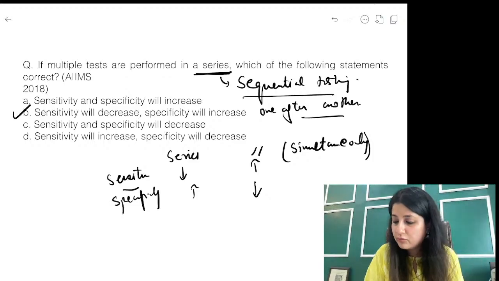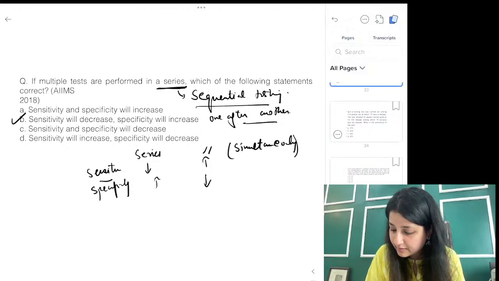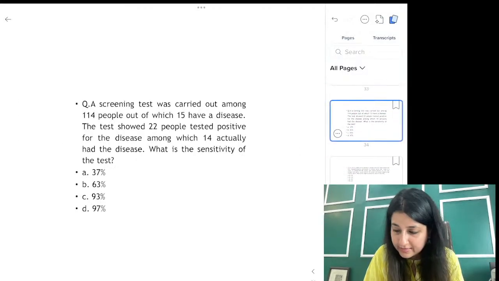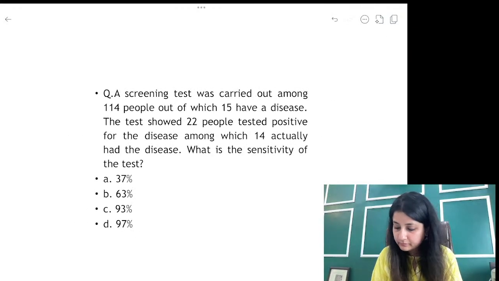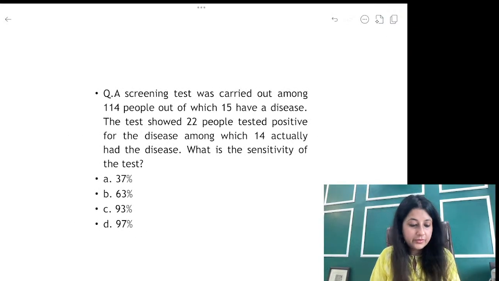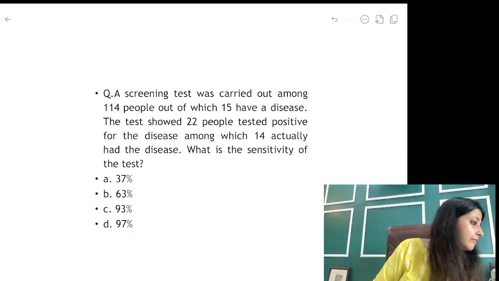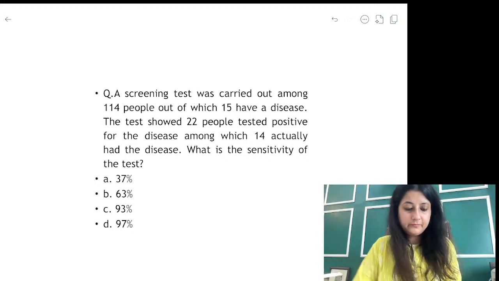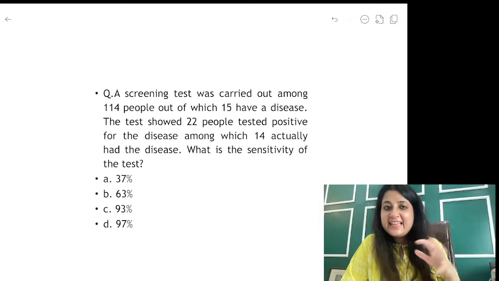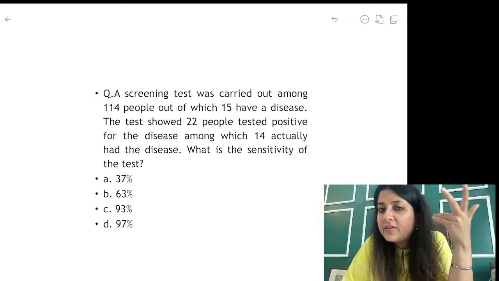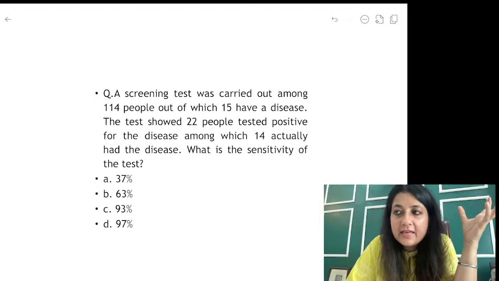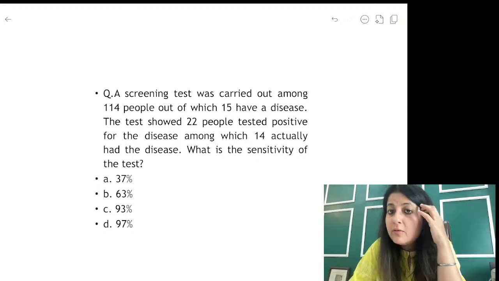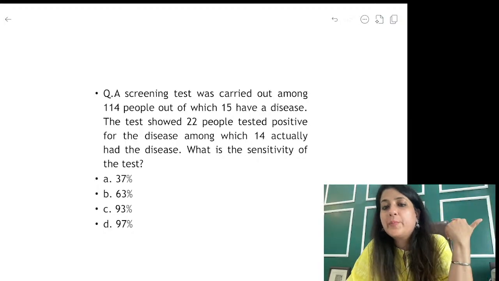We're not going to go into too much detail of this question right now. Now I'm going to give you 2 more numericals. Quickly do those numericals, then we'll call it a day. Let's see if you can do this. In series, remember it like this: one after the other, so you will be able to filter out fewer people. In parallel, they are running together, we are walking together, more fun, filter out more people.